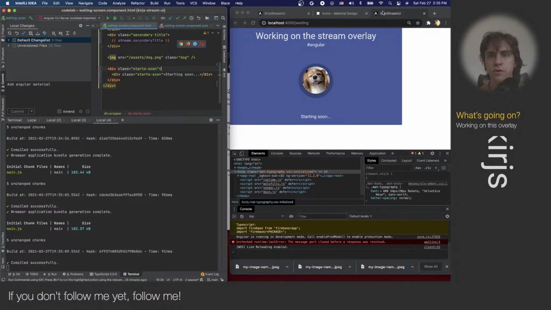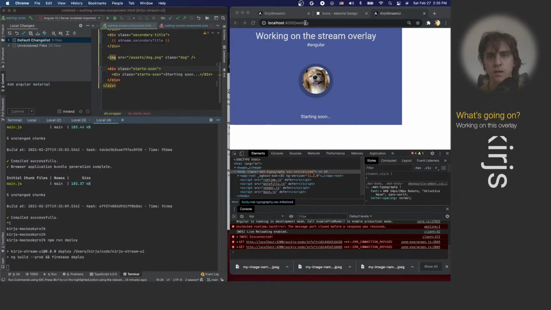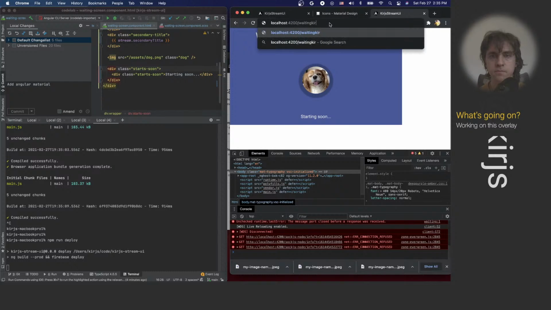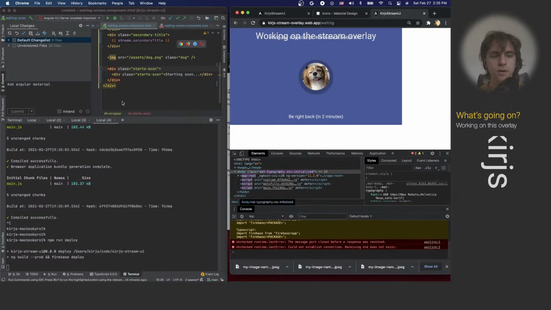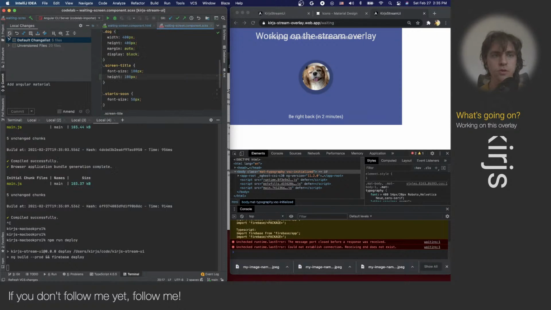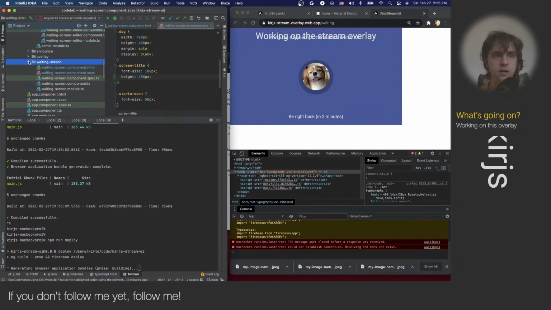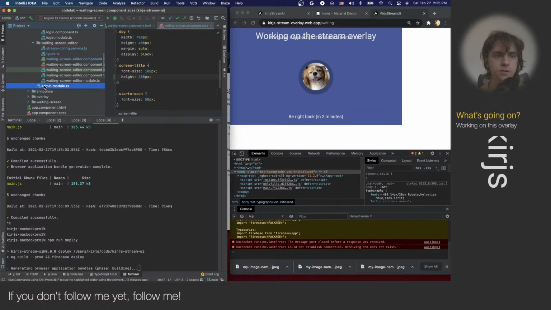Cool. And so now I can upload this again. And then the URL for this will be waiting. And while it's building, will it screw up if it keeps building? Waiting screen. If I modify things while it is building, I don't know. Let's try. So I get waiting screen and